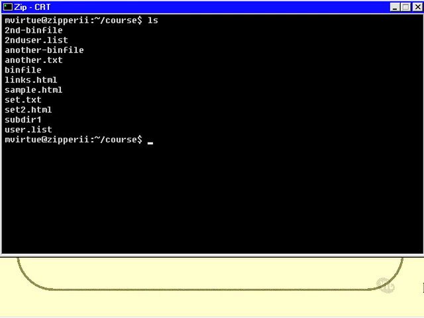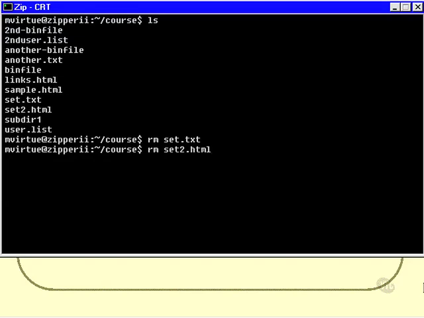Okay, here is my set of files again. I will now remove set.txt, and it's gone. No messages to tell me that it's gone, it's just gone. Hopefully I know what I'm doing. I will now attempt to remove